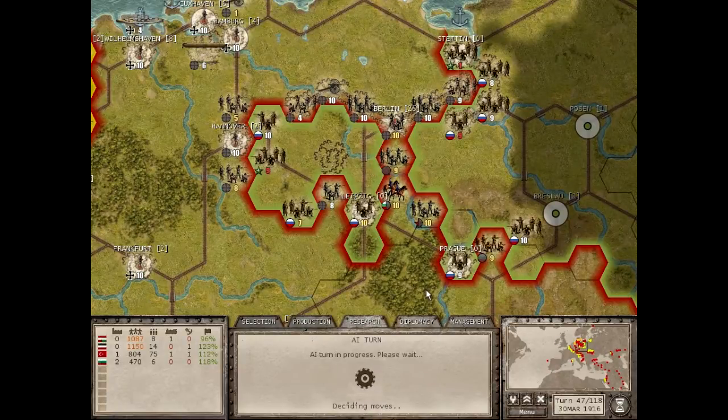We're going to see here what happens on the Eastern Front if the Russians make a concerted effort to try and break out of this pocket with this really messed up front line that really doesn't have...